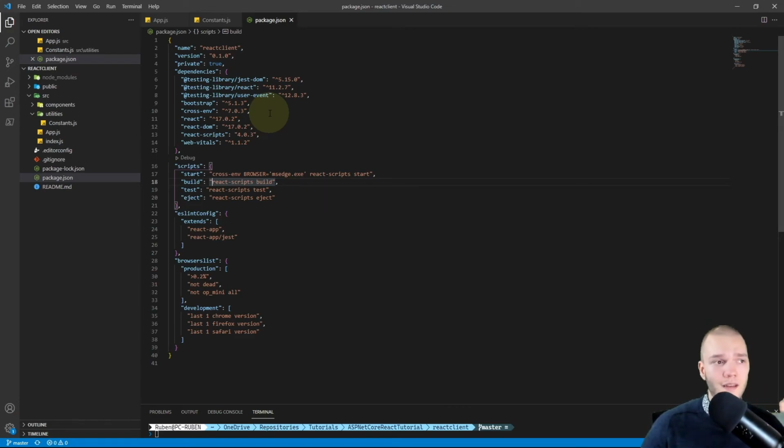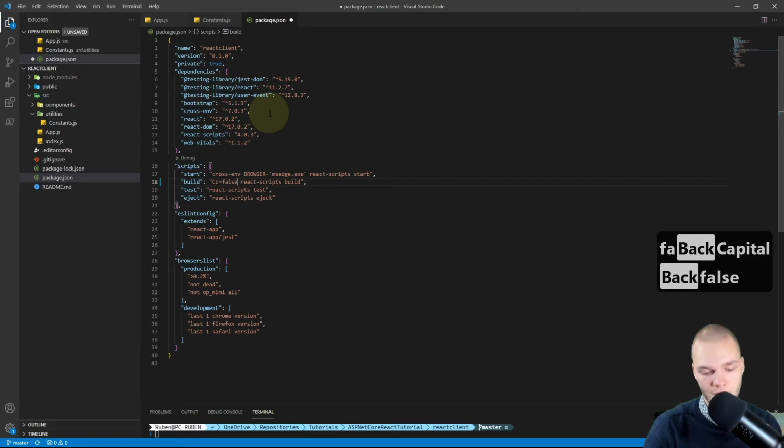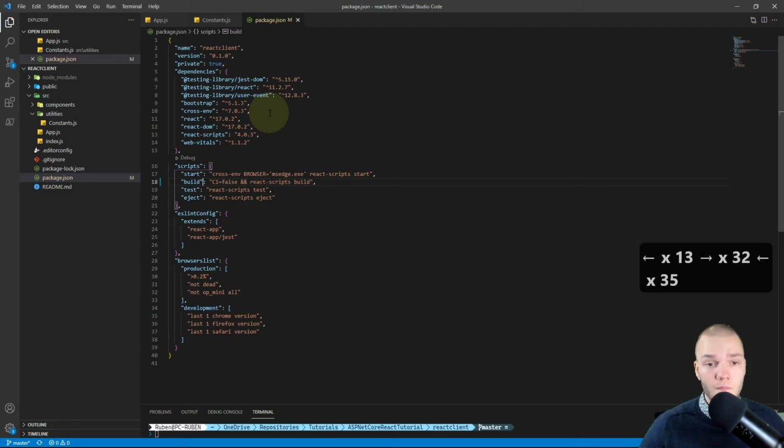It makes it so that code warnings are considered as errors, and errors cause the GitHub action to fail. So before react-scripts build, I'm going to add CI=false and then &&, so I guess we'll run both these commands.